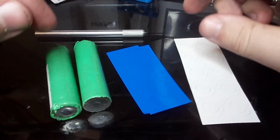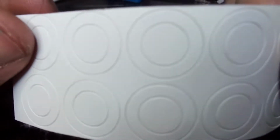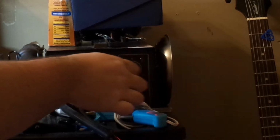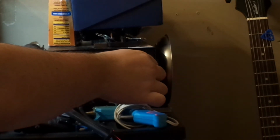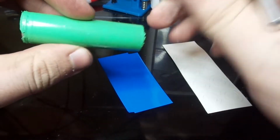Your wrap kit should come with these. These are the insulators that stop positive and negative from shorting out on each other. You're going to want to set your heat gun to about 200 degrees right now so that it'll be nice and hot when you're ready to use it while we're cutting the wrap off the battery. I stupidly set mine to 400 degrees Celsius while making the video, and you'll see why that was a bad